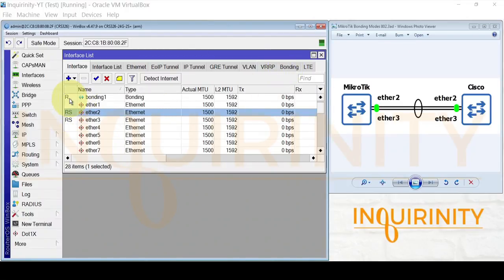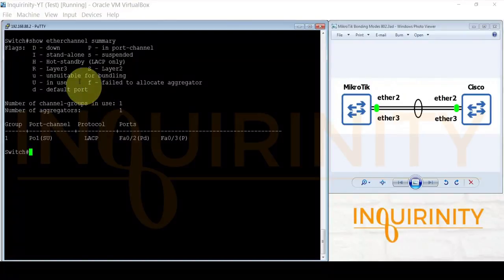So as you can see, the bonding is running now, and we will take a look at the counterpart on the Cisco switch. In our Cisco switch, if we run the command show etherchannel summary again, as you can see, our Fa0/2 and Fa0/3 have the P flag, which means bundled in port-channel. That's good. It's not down or D. And the letter D here just stands for default port. We have SU: S again is for Layer 2 and U is in use.